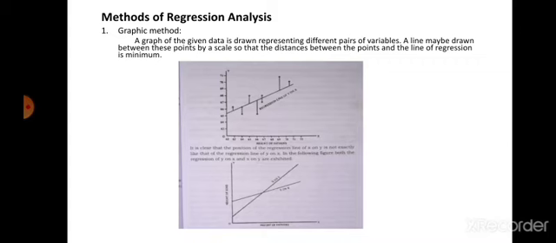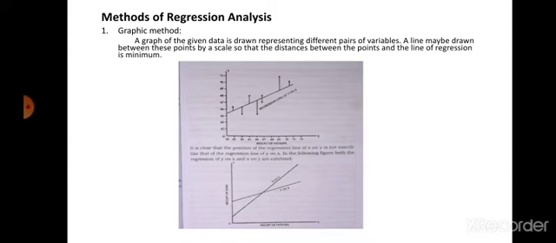However, to ensure this is rather difficult, the method only renders a rough estimate which cannot be completely free from subjectivity of the person drawing it. It all depends on how unbiased the person who is drawing the graph is. Next, such a line can be a straight line or a curved line also, depending upon the scatter of points and the relationship to be established. Now, a non-linear freehand curve will have more element of subjectivity and a straight line is generally drawn.